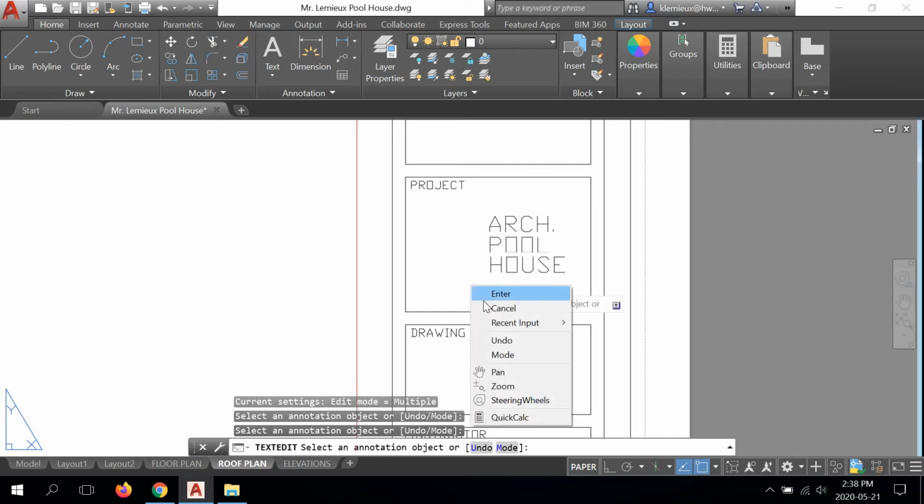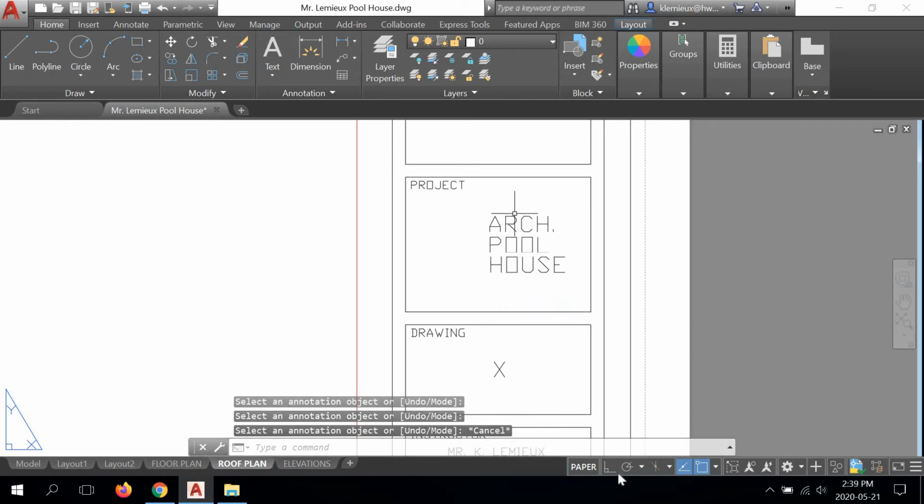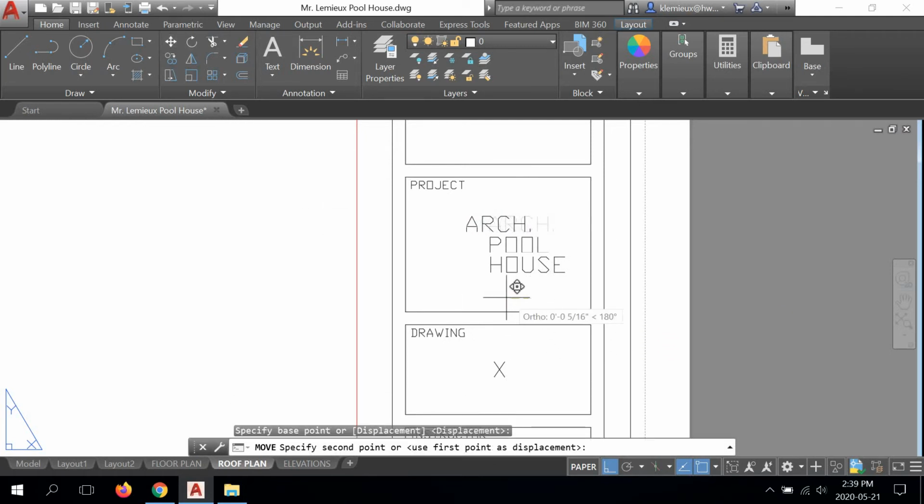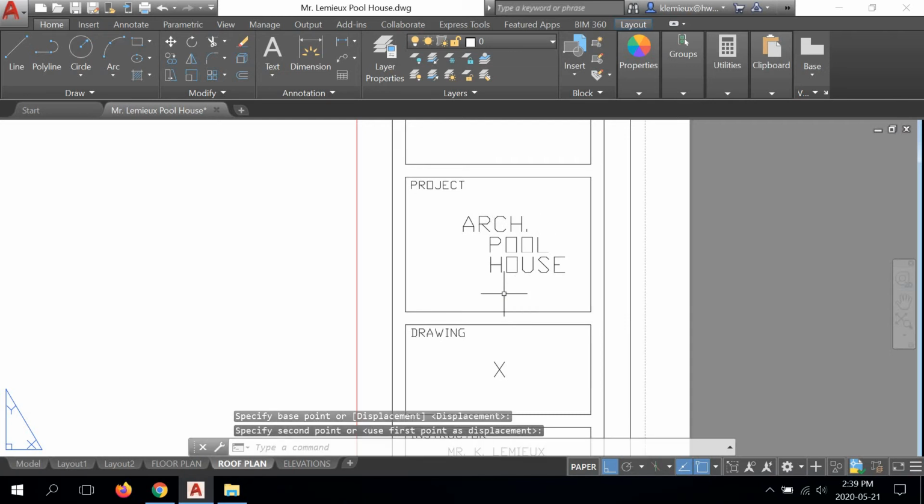Now, make sure you center this. So let's turn ortho on to make sure we don't accidentally go on some funny angle. We're going to select arch, go to move, and we're just going to eyeball this to be in the middle. We're going to do the same thing with these other words as well. Pool,